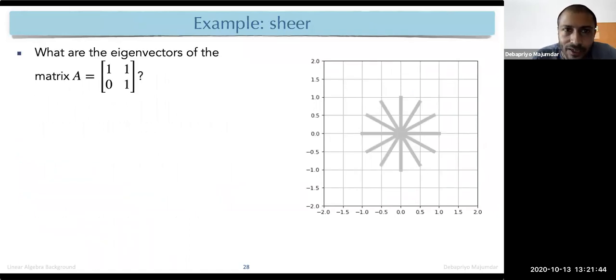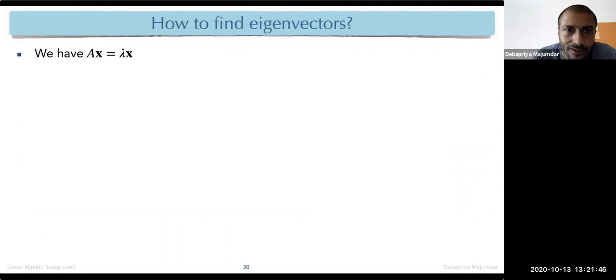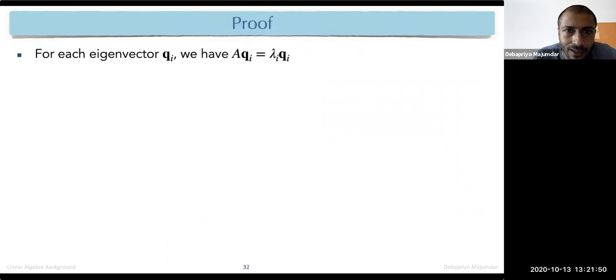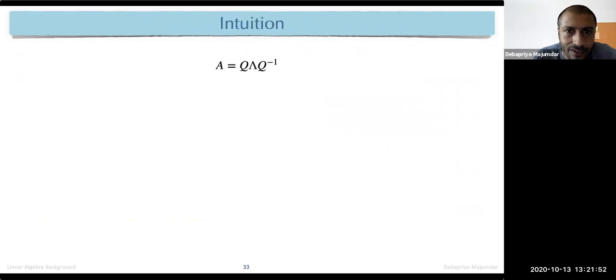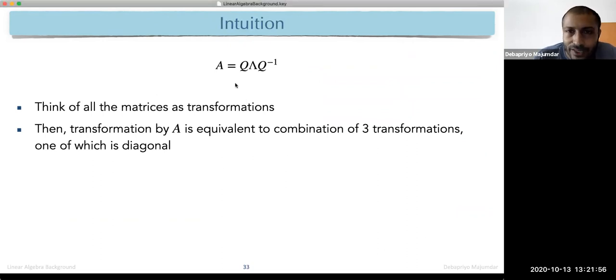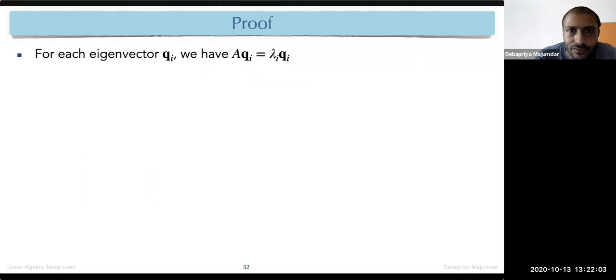The not so easy part is, okay, I'll just show you this formula. So what happens is, what you can do is you can actually get to this eigen decomposition. Let me actually show you this.